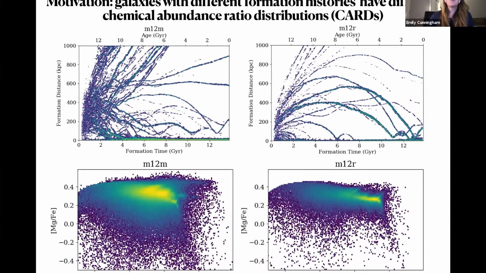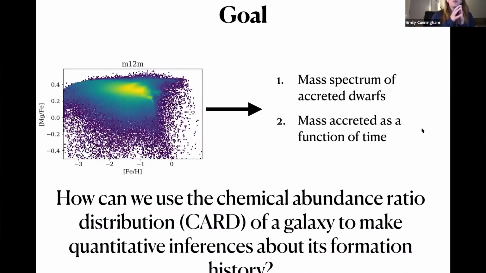But the question is, how do we then go from this to making quantitative inferences? So that's what I'm going to show you in today's talk: a method for going from the chemical abundance ratio distribution, using chemistry alone in this context, in order to infer the parameters of the halo progenitors. Specifically, I'm interested in the mass spectrum of accreted dwarfs and when mass was accreted as a function of